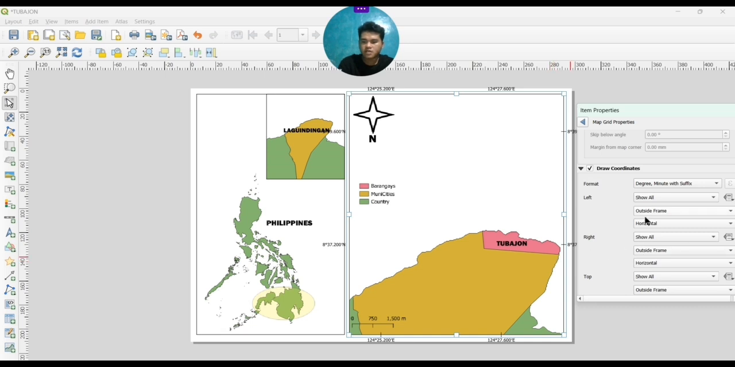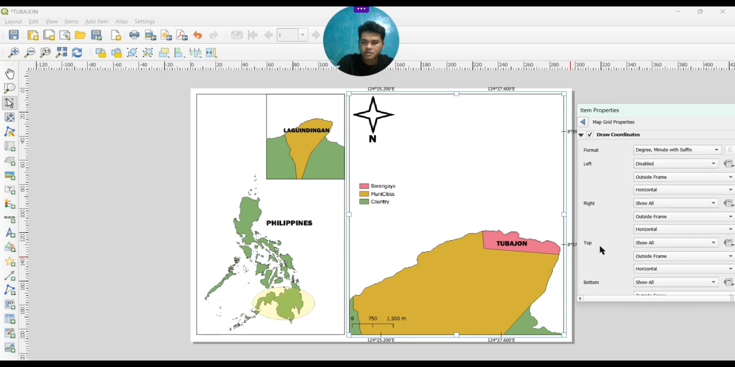So in order for me to remove this, I just click this one, and then disable. So you see, as you notice on the map, it disappeared. For the top part, just click it, disable. As you notice on the right side of the map, the coordinates were missing some part of the numbers. So I just click